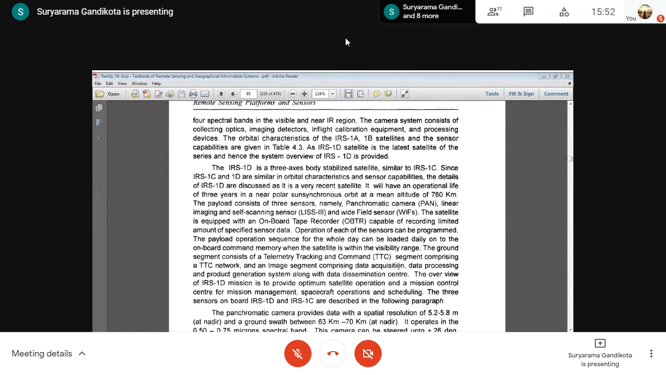The ground segment consists of a telemetry tracking system and